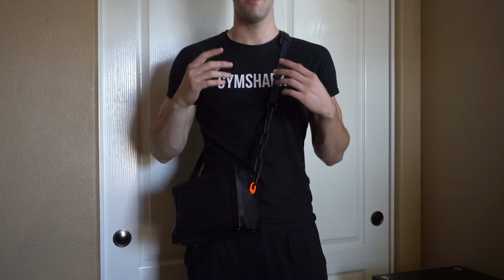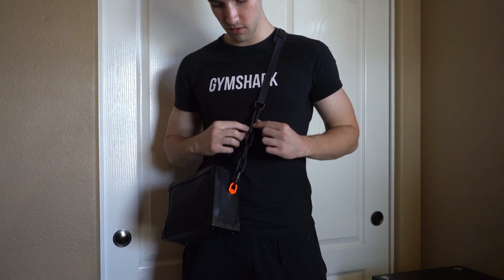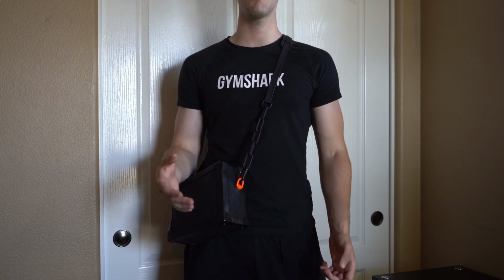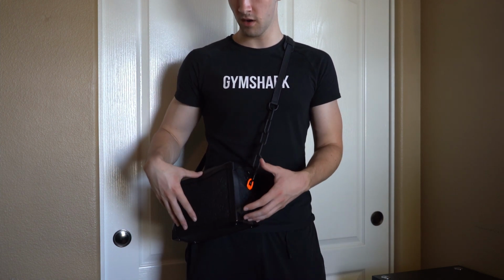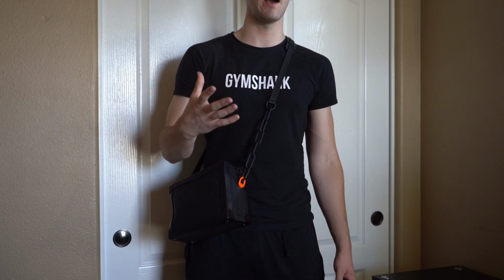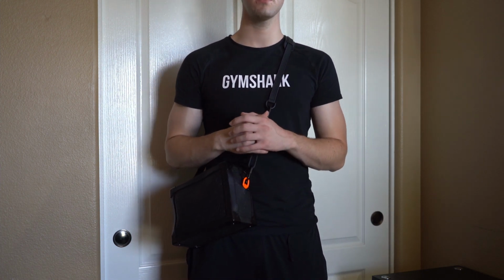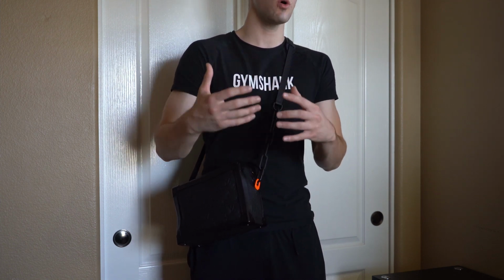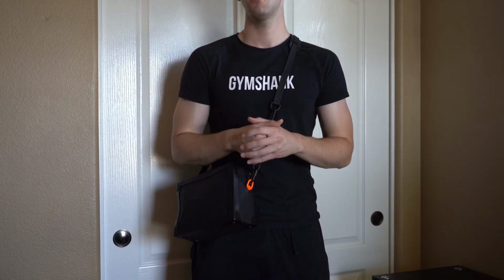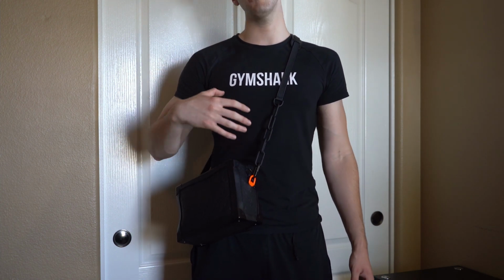Alright guys, this is probably the most popular way of wearing this bag. Having the chain shown in the front right here, having the shoulder strap around the opposite shoulder that the bag is going to be on, and having this little highlight towards the front. And this is not necessarily the way that I would wear it. Usually when I wear it, I have it around my backside, but I do see why people like wearing it this way, because this is probably the best way to show it off if you're trying to get it noticed, which you probably are if you're paying $5,000 for a square bag that you're going to wear around your shoulder,